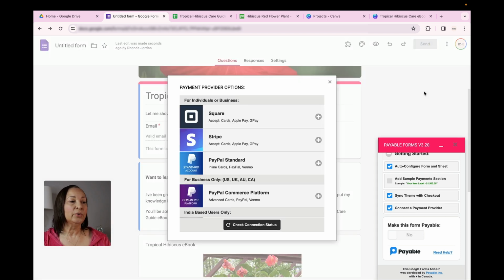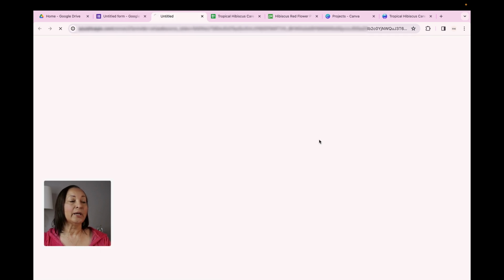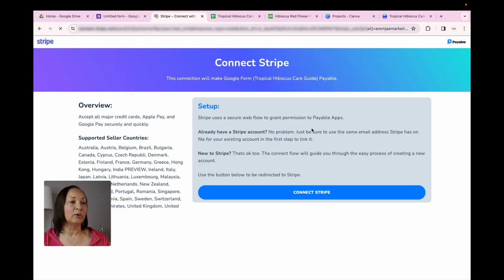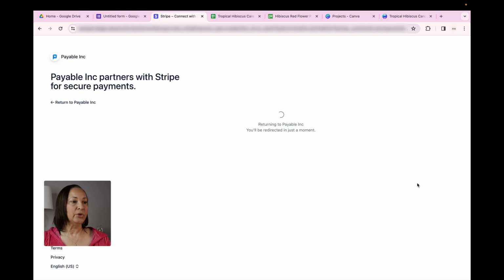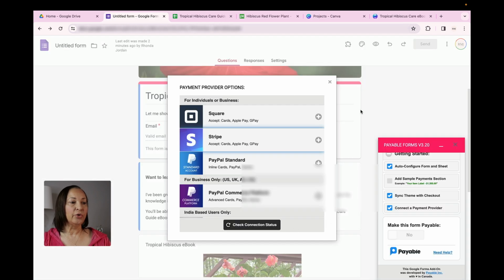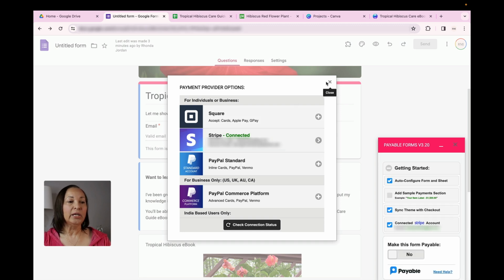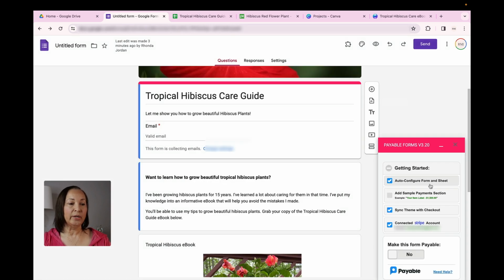So what I'm going to do is just click on Stripe, and you'll see the options that appear here, okay? But I'm going to click on Stripe, and then I'm going to go through the process of connecting my Stripe account. Once you connect your account, it's going to direct you back to your payment page, and it's going to show you that you're actually connected. All right, so now that I have connected it, and you'll see that it's showing connected here, I'm going to go ahead and close that out and continue adding in the information that's going to be needed.